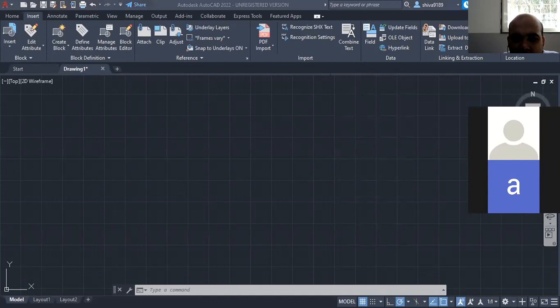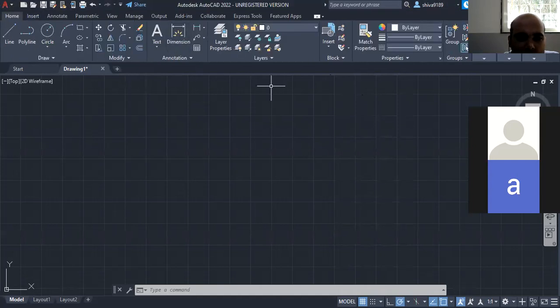Okay. So now after this, we have to set a drawing limit. What is the limit we are talking about? If I'm taking a sheet, I always say that the sheet size should be A3 size. In the case of A3 size, we are defining that my sheet already has a certain limit. Similarly, we have to do it here as well.